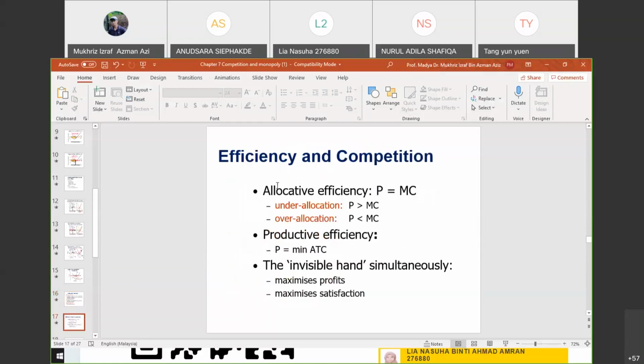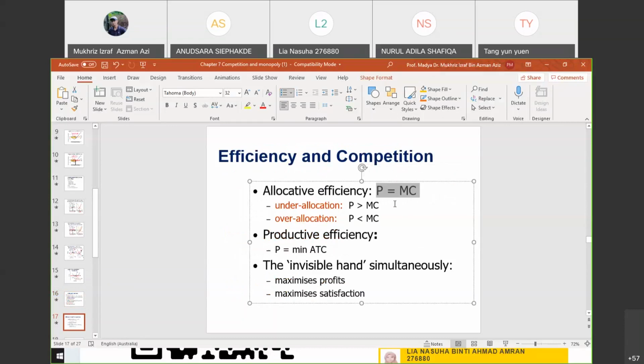So what is allocative efficiency? You need to understand this concept because when we cover the remaining part of the syllabus, which is on monopoly, I'm not going to discuss too much on monopoly. We are just focusing on the difference between monopoly versus perfect competition, because the rest will be more or less the same. Allocative efficiency is when the price is equal to marginal cost. You recall that the condition that we need to fulfill is when MR is equal to MC. But because in perfect competition, MR is also equal to price,